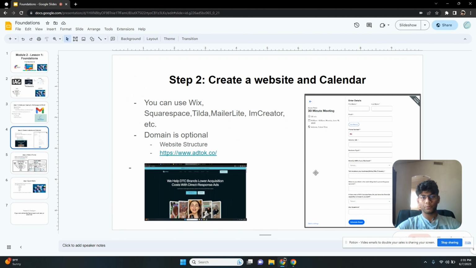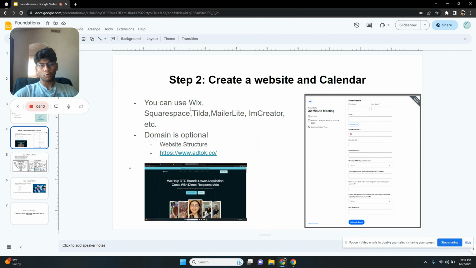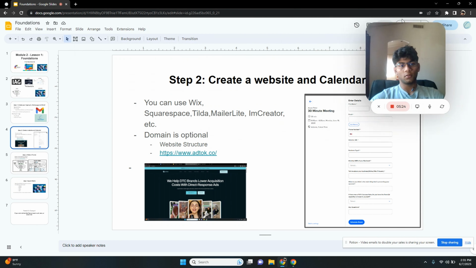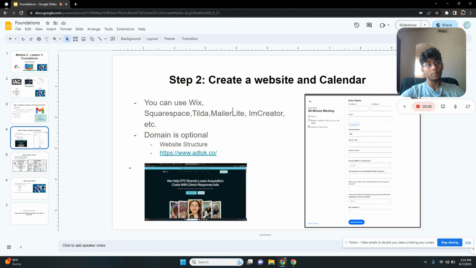The next thing you need to do, create your website and calendar. So you can use Wix, Squarespace, Tilda, MailerLite, I'mCreator, etc. You can use any website you want. A domain is optional. If you have no money and you can't afford anything, it's totally fine. You don't need a domain. It's more professional, obviously, but you don't need a domain for success. You don't even need a website for success, actually. But it's just nice to have a website